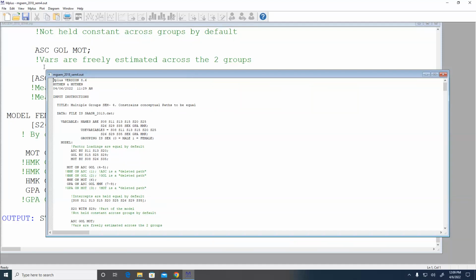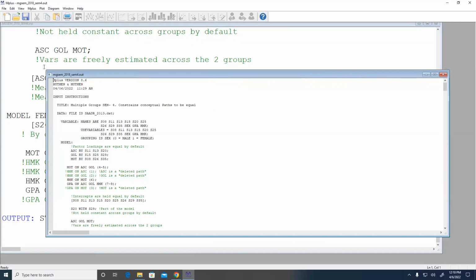And this is because I already have a constraint in group 1 where I'm not actually estimating a parameter and constraining it to be equal across the two groups, right? That's what I'm doing for all of these other constraints. But here, the mean parameter for the latent variables is constrained to be 0 in group 1. It's freely estimated in group 2. So if I want to constrain this to be equal to this, I have to constrain this to be equal to 0, because this is already constrained to be equal to 0.